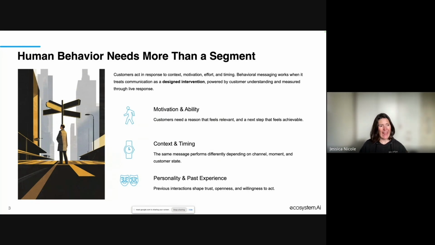The reason I'm hesitant to talk about boxes is because what you have with segments is boxes, right? And it was created for a very particular purpose. It needed to happen, and the fact that it did happen was powerful in and of itself. Imagine being able to divide people by age and know that you're not going to sell a funeral policy to an 18-year-old because it's just not within their scope or their mindset. So there are some ways in which these predefined segments, or traditional segments, as we like to call them, have their place, and their position, and their worth.